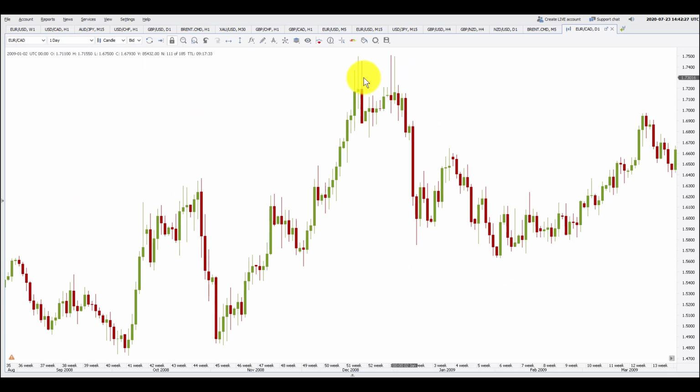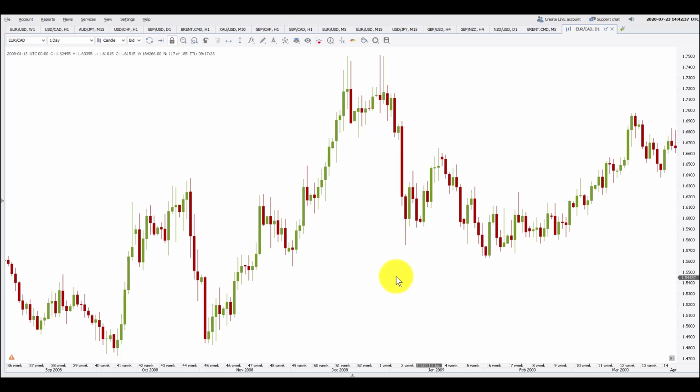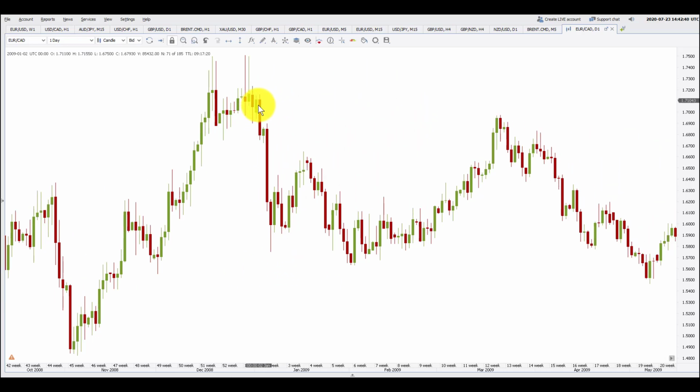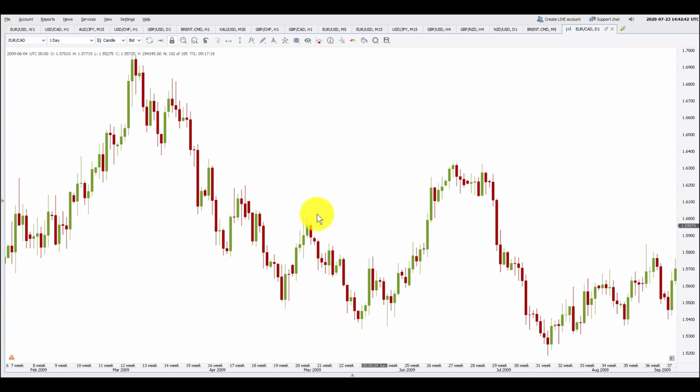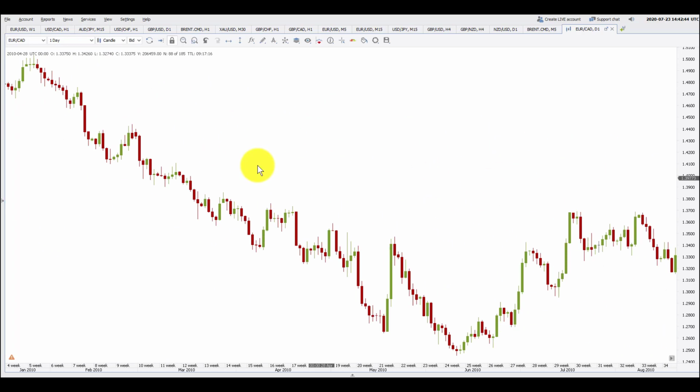Now such things happen at the inflection points also. Clearly this is a resistance area, this big bar is a mother candle, the next bar is an inside bar, and after that you can see when it broke down, the price continued lower, and this particular one is also an inside bar. So you will see multiple examples of such kind.